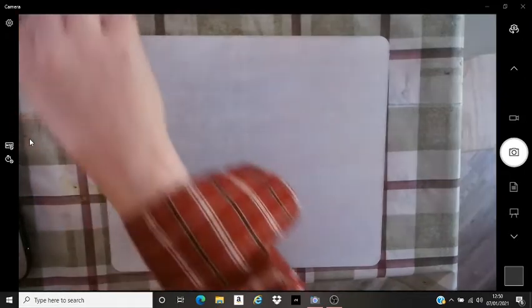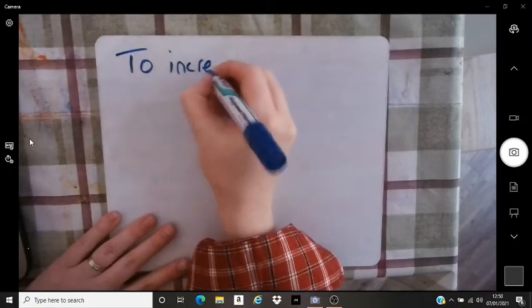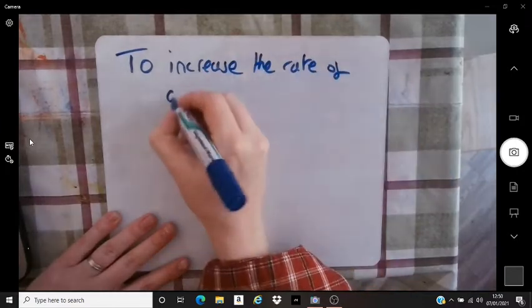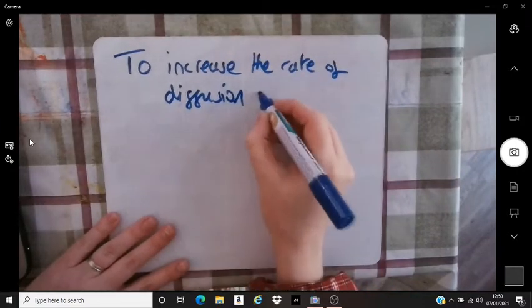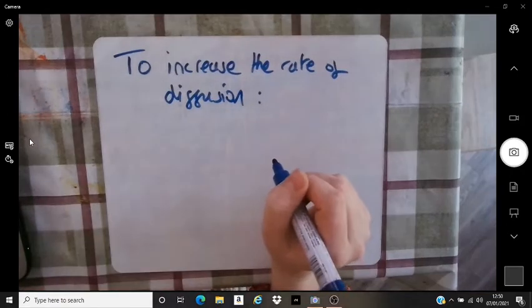Two rather essential molecules for all living things, because all living things respire aerobically, so they need glucose and oxygen. So I know if I want to increase the rate of diffusion, to increase the rate that molecules of oxygen and glucose get inside my cells where I need them to do respiration,